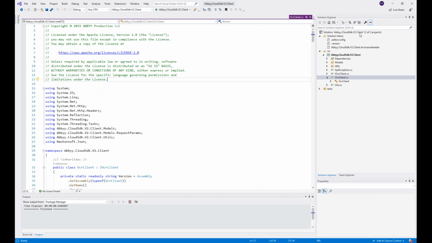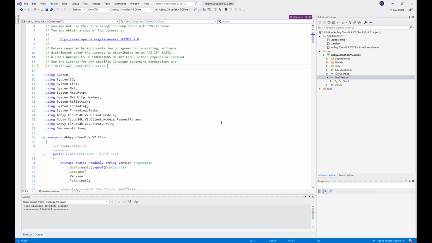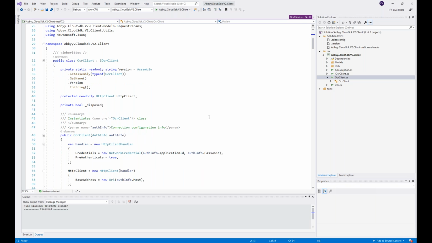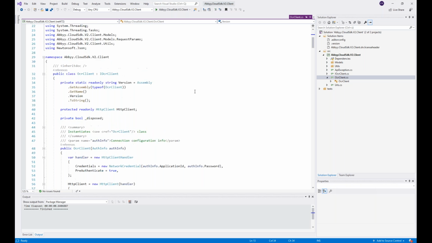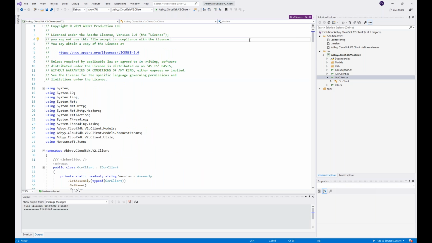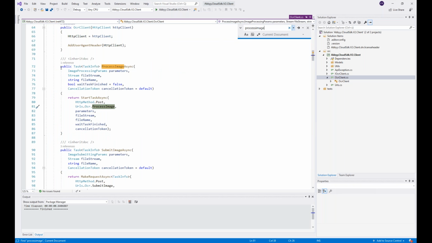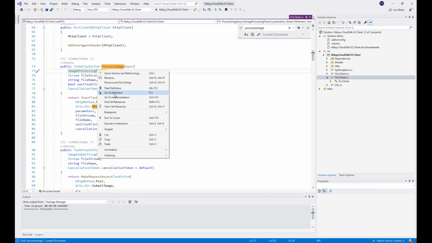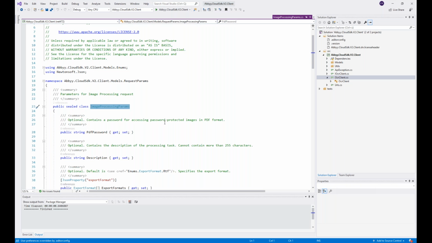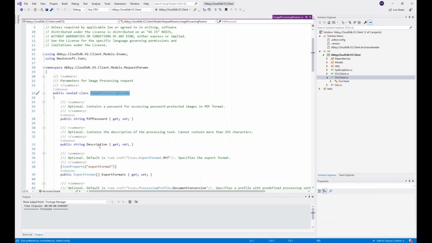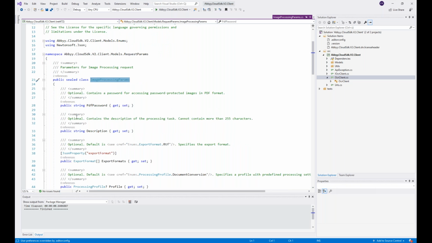This is the client source code, whose compiled version I already pre-installed in my project. And here is basically the implementation of all the methods of Cloud OCR SDK. So when I look, for example, for the process image method, I see here the implementation of this process image method. And if I go to the implementation of processing params, here is basically the list of available processing parameters and their types